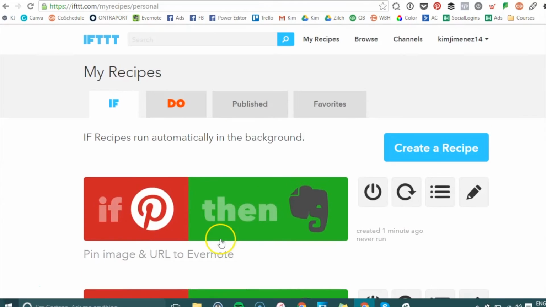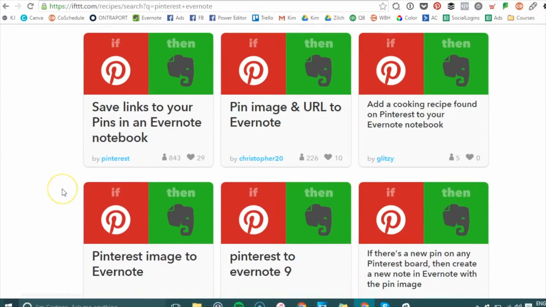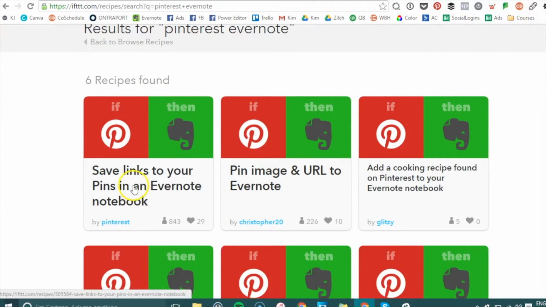I've already pulled it up here, but you can search by using these keywords, Pinterest and Evernote. We're going to search for that, and then it's going to give you all of these recipes, say links to your pins in an Evernote notebook, pin image, and URL to Evernote. So links are great, but if we can have the actual image there and the URL, it makes life easier, because I don't know about you, I'm a visual person, plus we can download that image as well, so that's what we want. I'm going to click here,